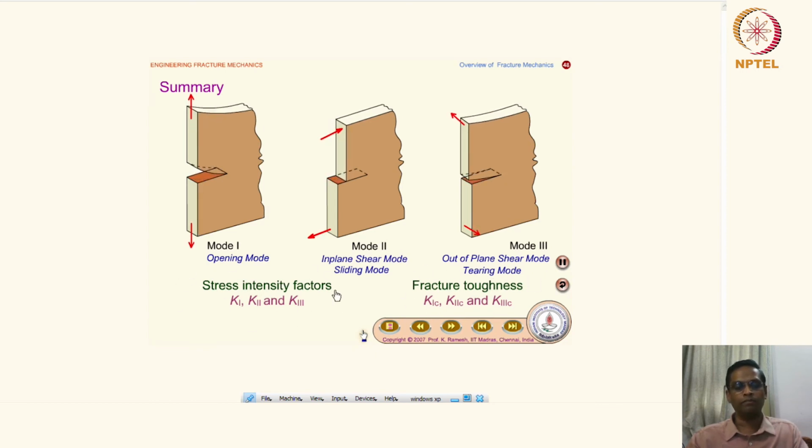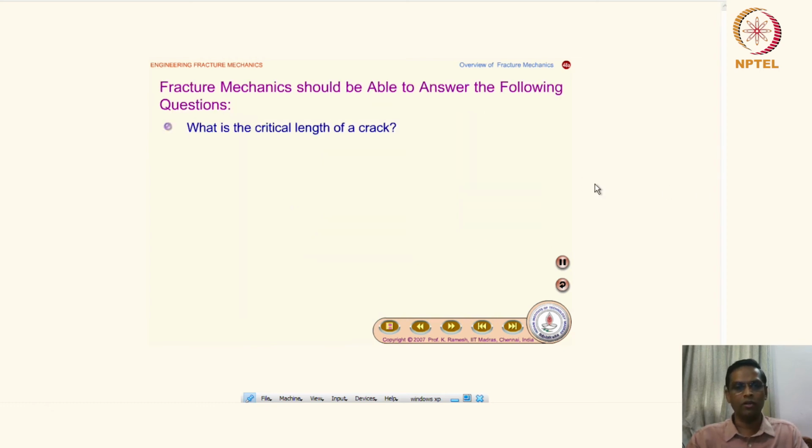But in a stress analysis, we will term it as stress intensity factor to start with. So this is a kind of introduction to